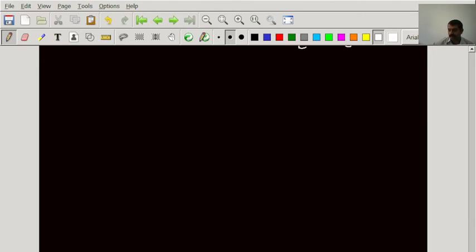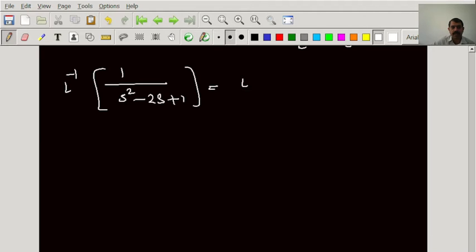So we discuss the next one, inverse Laplace of, you can write n number of problems, 1 divided by s square minus 2s plus 1. See, first we must check whether the denominator can be written by completing the square. So 1 divided by this, we can write as s minus 1 whole square. So already we have discussed that we